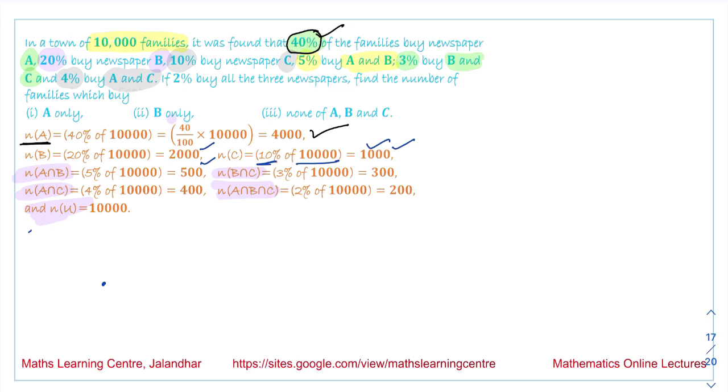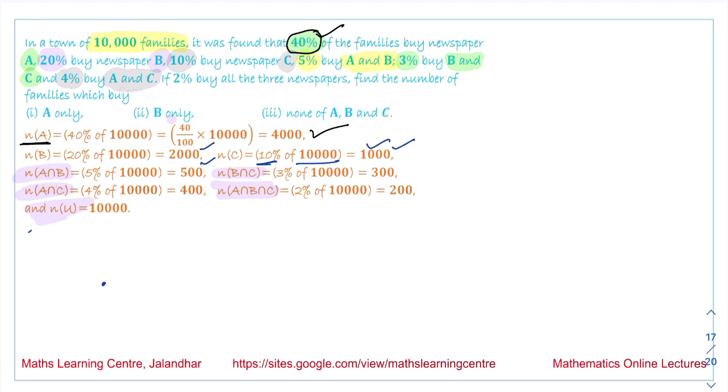Now the values that are given to us: number of elements in A is equal to 4000. This means A plus B plus C plus D is given to be equal to 4000. Next, number of elements in B means B plus C plus E plus F. This value is given to be 2000. Similarly, the number of elements in C, that is C plus D plus F plus G, is given to be